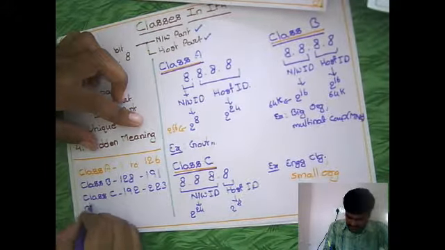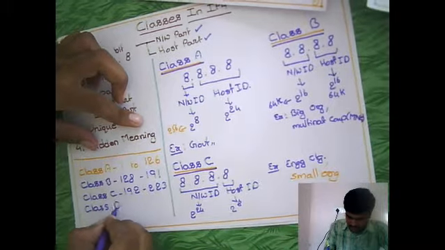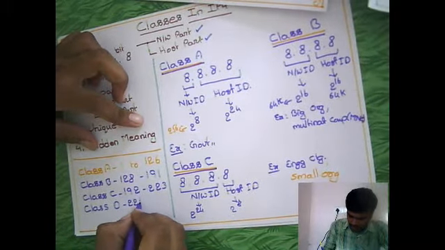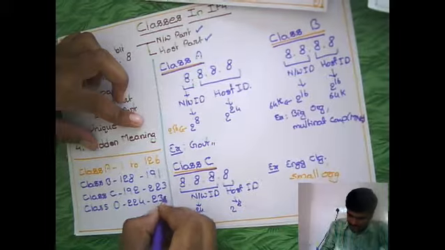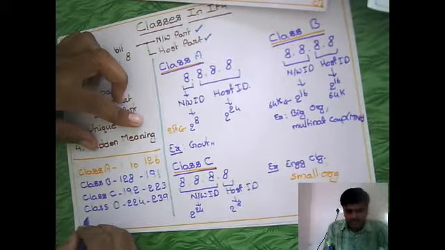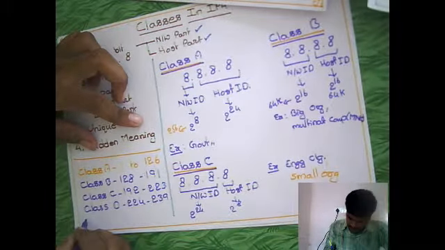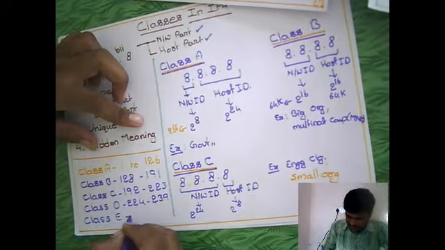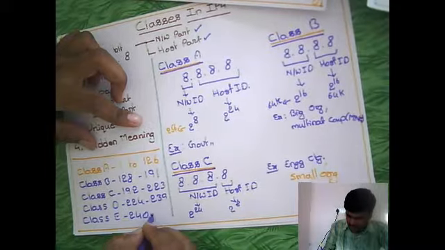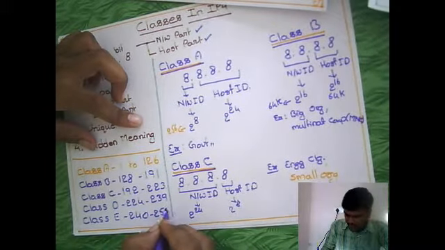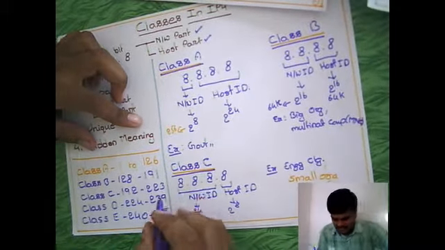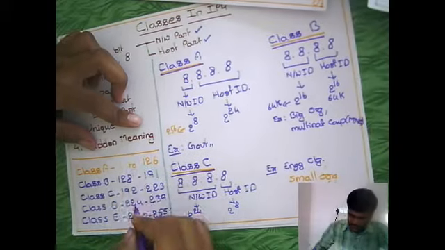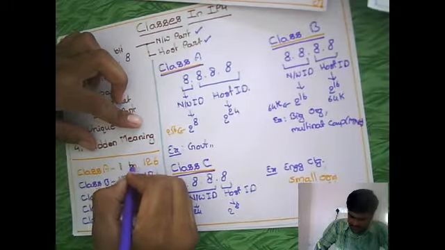and class D range is 224 to 239. Then class E, its range is from 240 to 255. So these are the ranges, and if you observe this range,